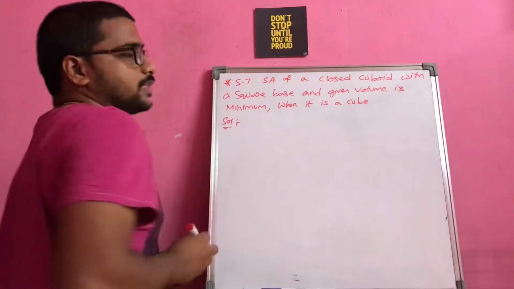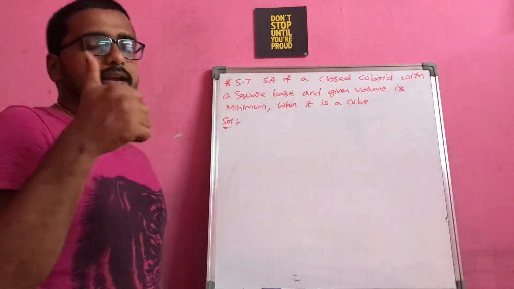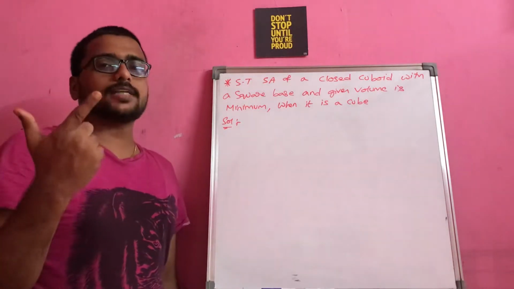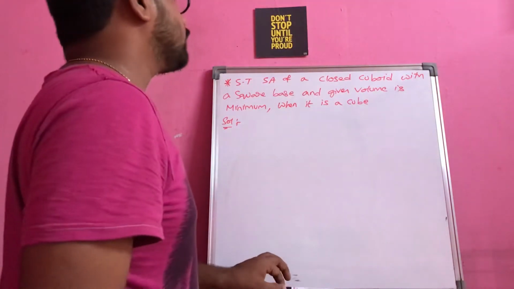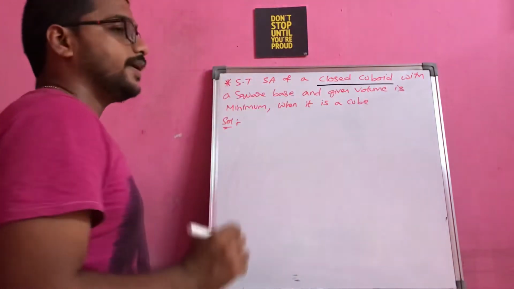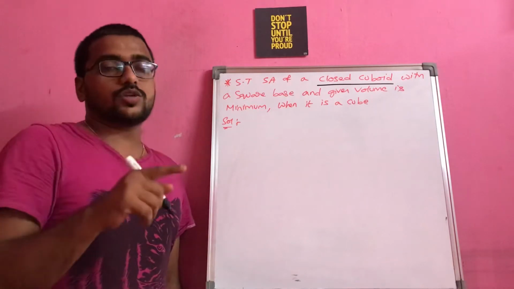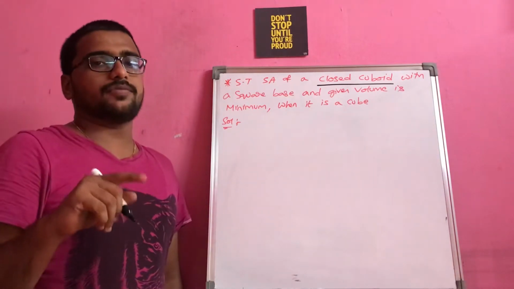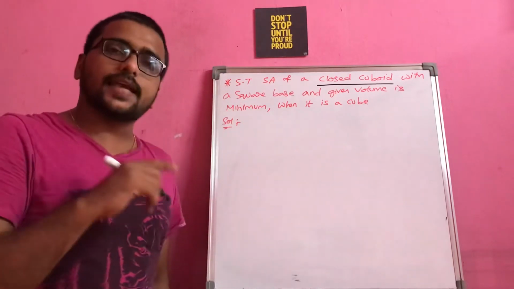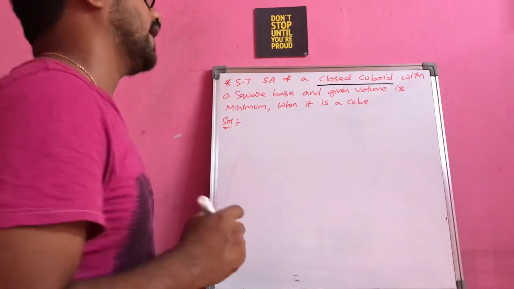So as we discussed, first please stick to the procedure that I told you already. Identify what is given and look for the function to be maximized or minimized. You just observe here, it's a closed cuboid, right? It makes sense, because if they give a closed cuboid, your formulation will become different. An open cuboid means it will be different. Anyway, in the next question I will discuss again with a cuboid only, but with an open box. That will give you more clarity.